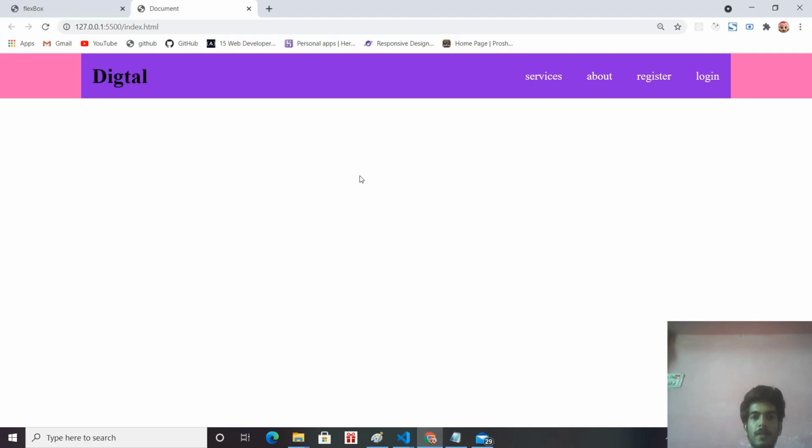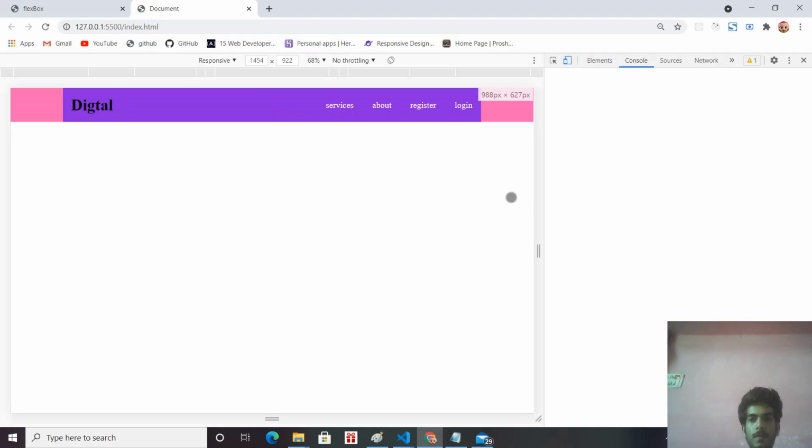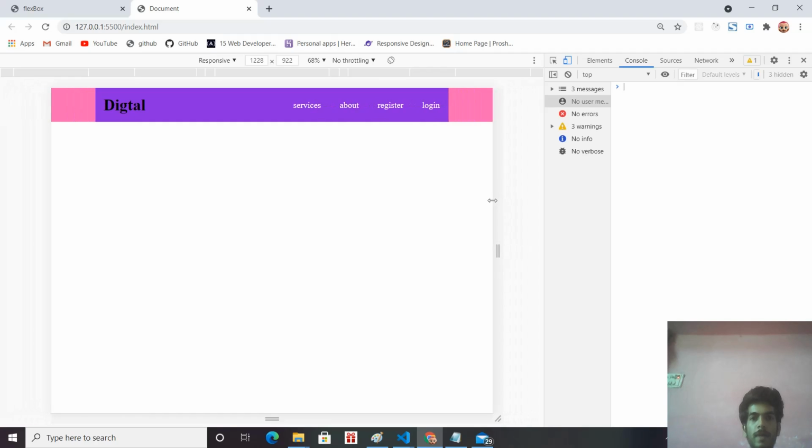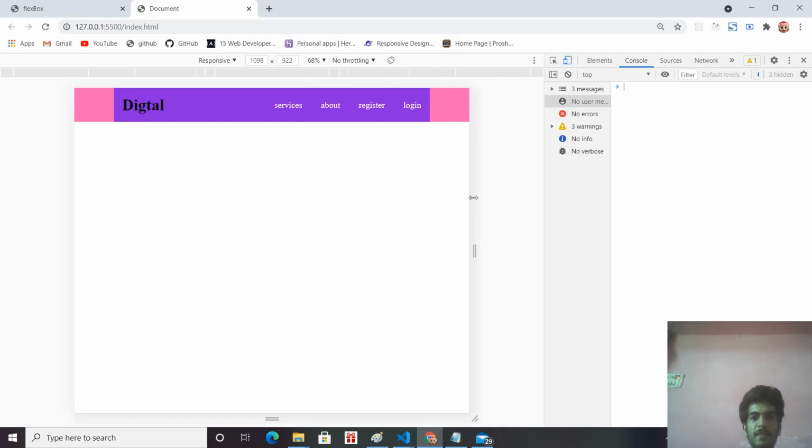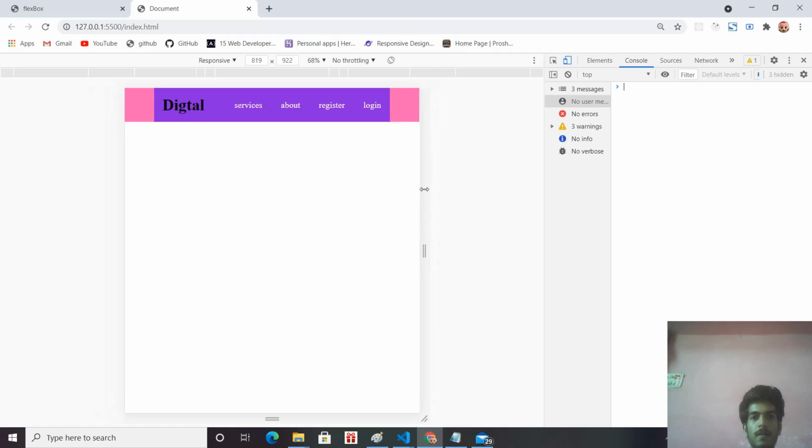Okay, see, when I resize the screen, when I decrease the size, below 800 pixel, when it hits the 800 pixel width and goes down more, we don't want these navigation links to appear here.